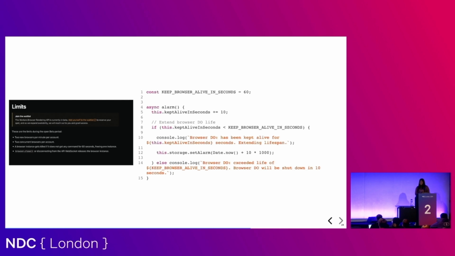Essentially, a durable object will help me persist my state, and then I can give it a specific timeline where I want it to extend. So for right now, the current limit is 60 seconds, but I'm using a durable object to extend the 60 seconds by 10 seconds. So within this example code that I'm showing here, I have a string called keep alive in seconds, where I'm extending that by 10 seconds. So if I want to then take the screenshot,